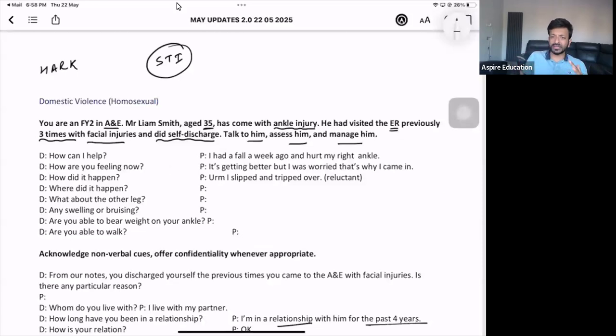Then you go a bit more in detail, offering reassurance, and maybe you have to offer confidentiality, and the patient will open up and tell you that they went to their cousin's birthday party, his friends were there as well, they went out with one of his friends and were raped, and now they're worried about STI. So in a rape or sexual assault scenario, we can refer them to the SARC. SARC is the Sexual Assault Referral Center.